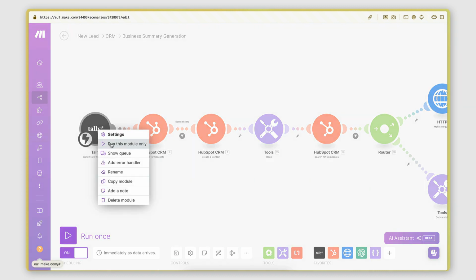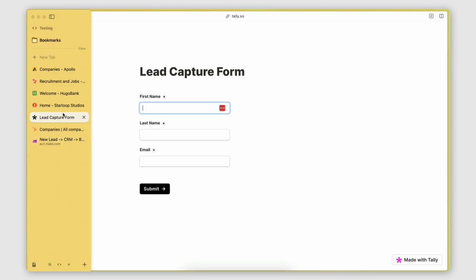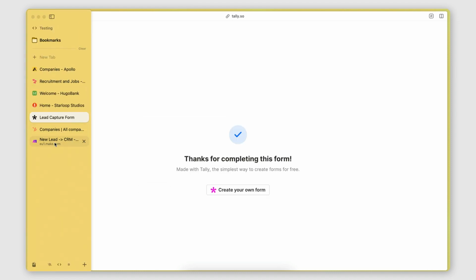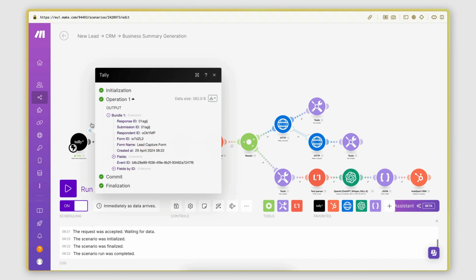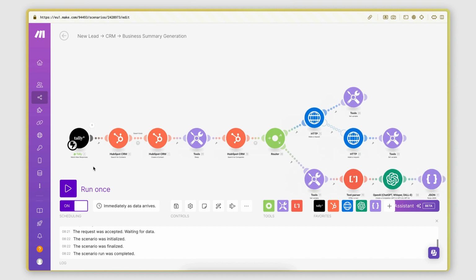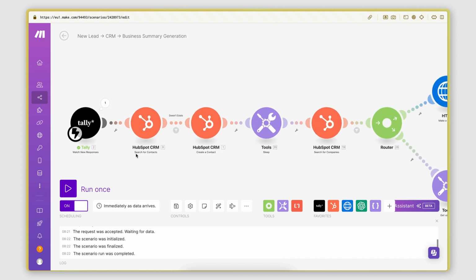Let's see this in action. So I'm only going to run this module, and quickly submit the form with some test data. Submit. And there we have it. Clicking on the bubble of the module, we can see the output, which has a fields collection with the first name, last name, and email. So now we can pass this data to the next module, which is a HubSpot CRM search for contacts module,